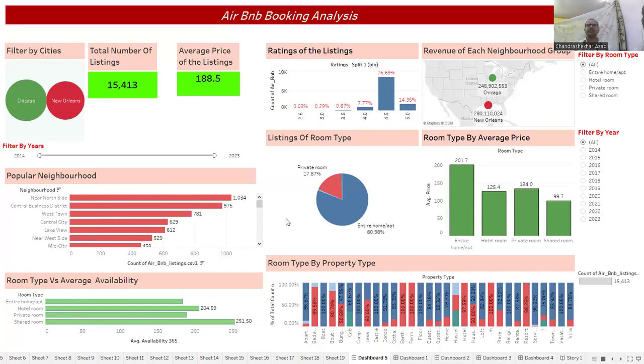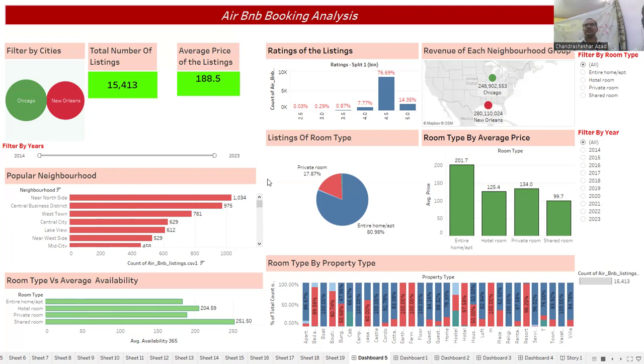Good morning, friends. Today I am going to present a project that is an exploratory data analysis of the Airbnb dataset, a comprehensive study of the cities Chicago and New Orleans. This project delves into the realms of exploratory data analysis by examining the Airbnb dataset of two vibrant cities,